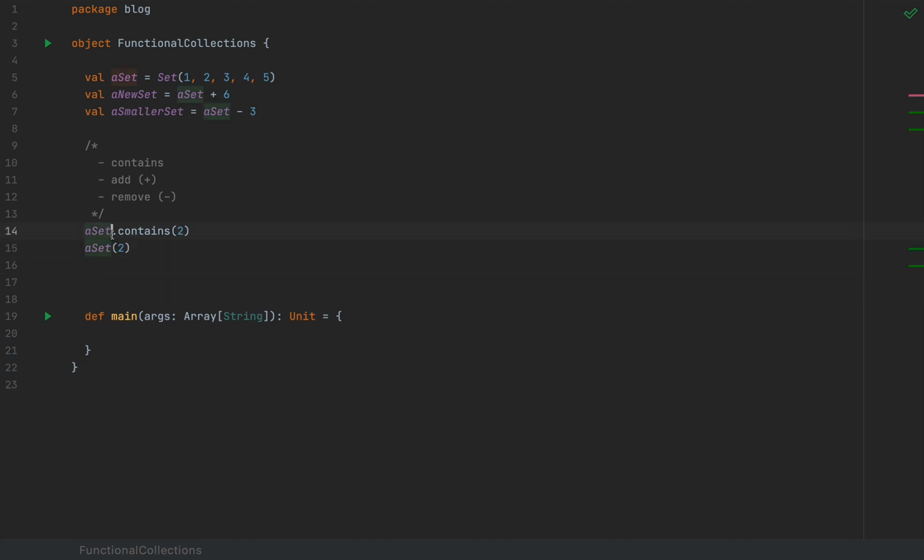Now, let's concentrate on this capability for the moment. So, contains or apply. The way we tell whether an element is in the set is by calling contains or apply. Now, notice that the apply method makes this set callable like a function. At the same time, that invocation always returns a value, true or false. So I can say a set applied to value whatever, and this is a regular value, and this is false. And in the first case, it's true, of course. And so notice that a set behaves like a function A to Boolean because you can pass any argument of type Int, in this case, to this so-called function,